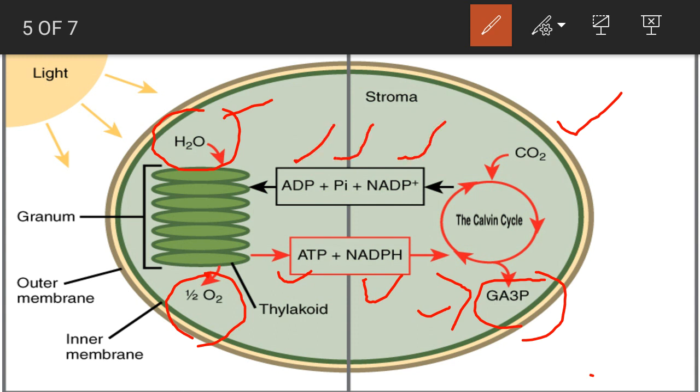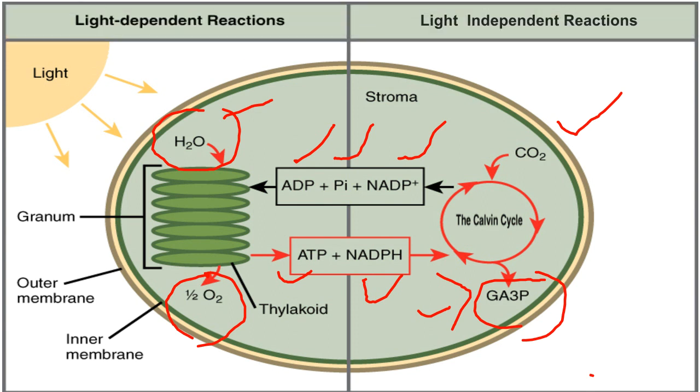and NADP plus. Now this ADP, inorganic phosphate, and NADP plus are ready to enter again into the light reaction where they will be replenished as ATP and NADPH. This is how cyclic and non-cyclic photophosphorylation along with the Calvin cycle occur in a phased manner. This is the overall photosynthetic reaction which occurs in two steps at two locations in a chloroplast.